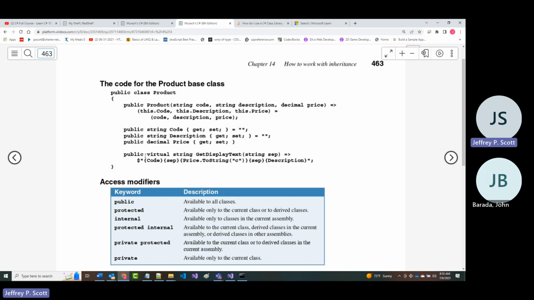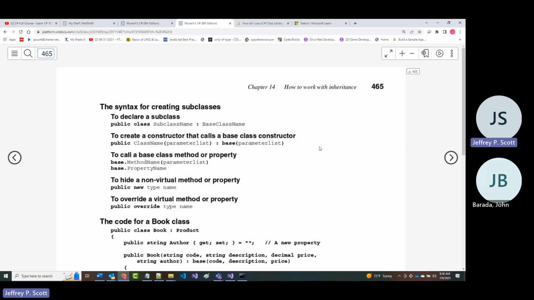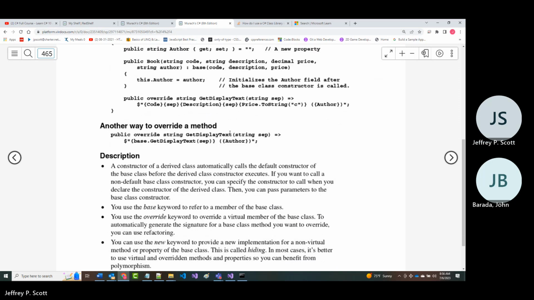we said public virtual right here, and that set up the code, a separator, the price, a separator, and the description. But now we have override instead of virtual.